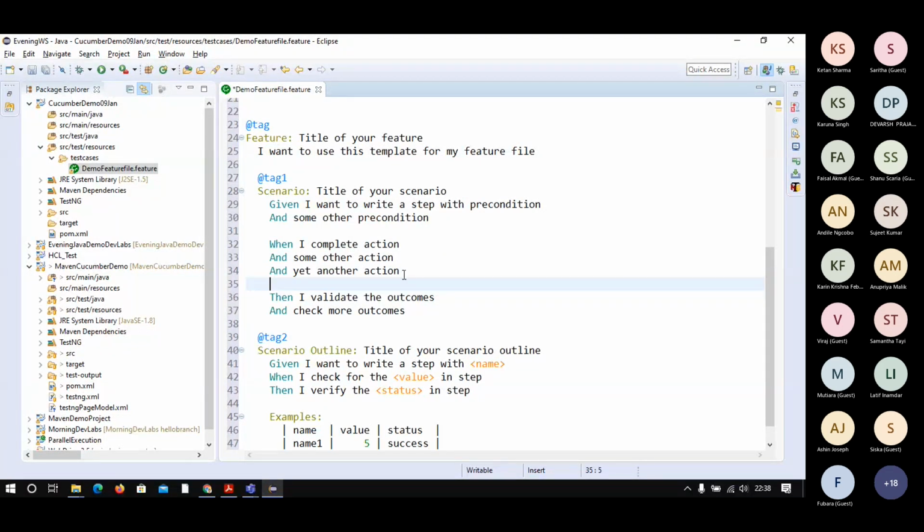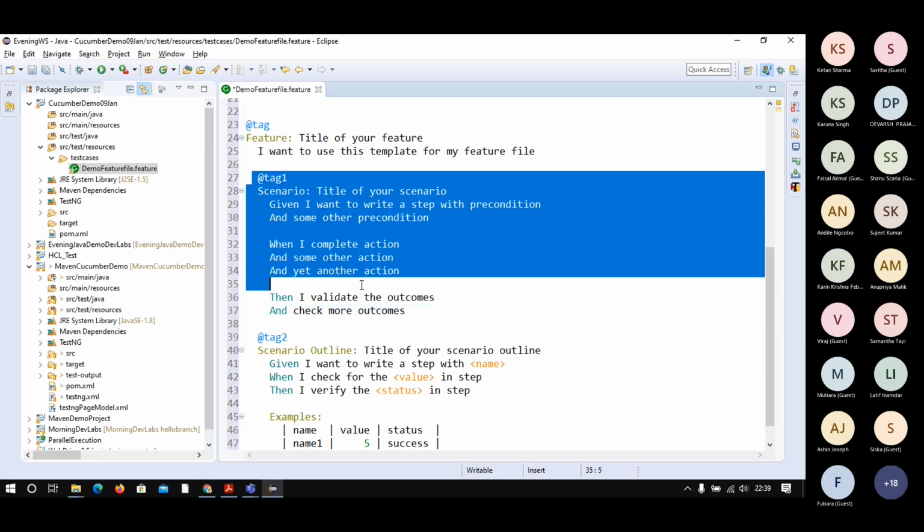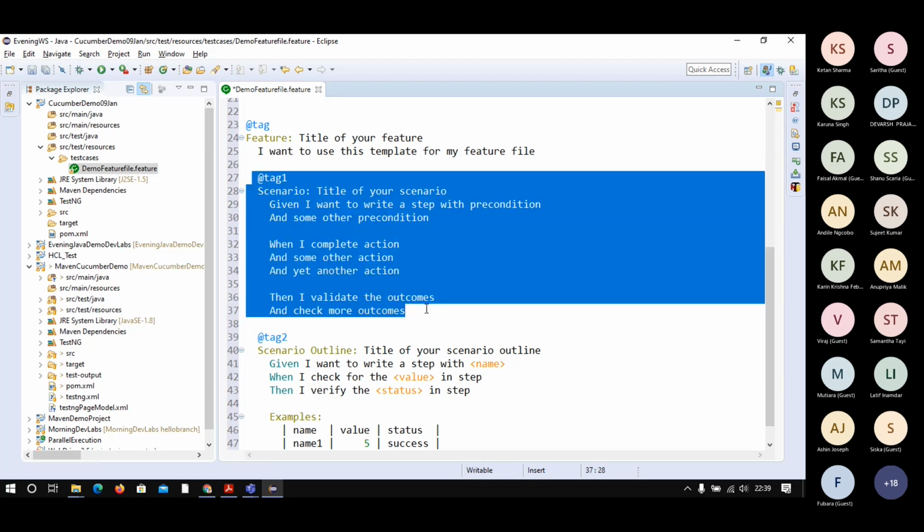And then is the verification part. It means if the user ID and password is valid one, and user is allowed to log in, then user should be navigated to the home page. So this kind of validation you can perform, and this is one scenario. Then verify the title of the home page. This is the second validation you can perform. So multiple validations you can perform. This is the one example of normal test case.